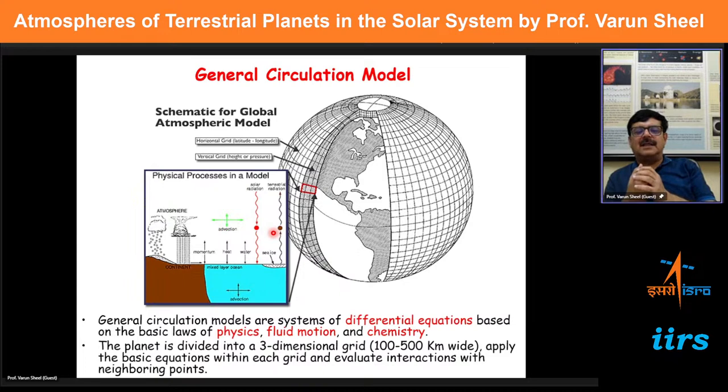each other. The other class of categories are the general circulation models, where predominantly we would like to study the circulation patterns of the atmosphere. And these are the models which solve the classical mechanics equations, something called fluid dynamics, and they lead to the basic Newton's first law. If you apply it here, it will lead to something called Navier-Stokes equations, and these are then applied in the atmosphere, where the atmosphere is discretized, because as I said, these are numerically solved. All these differential equations are numerically solved.